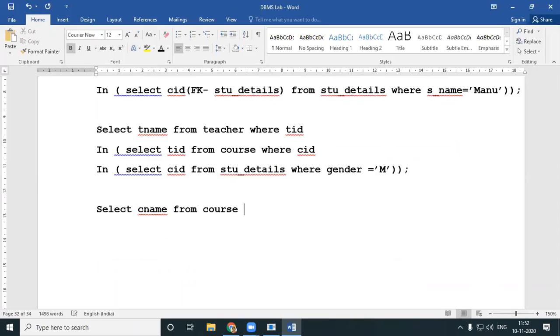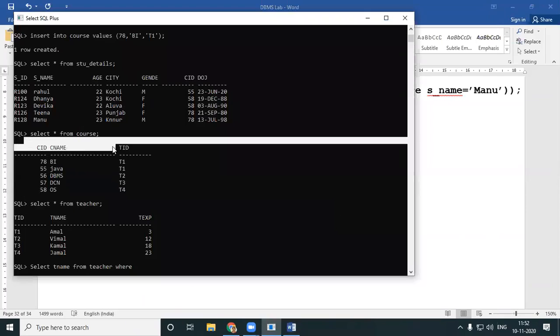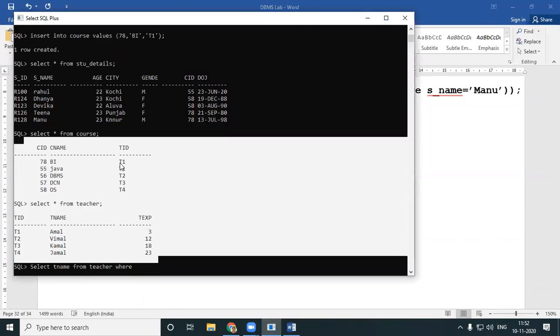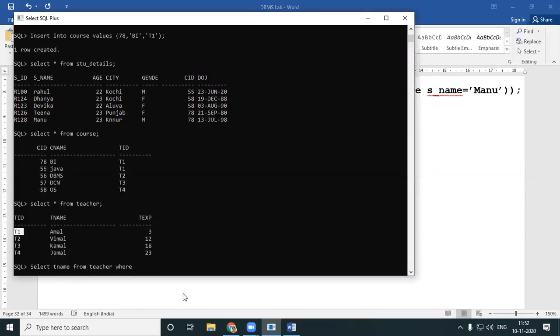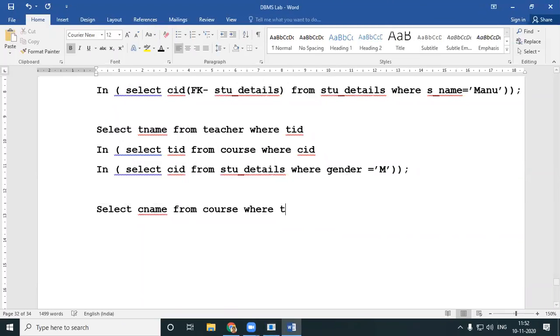From the course table, where you are planning to connect only these two tables. So means you can have a connection only with TID. Okay, where TID in select TID from teacher where TEXP greater than 20.